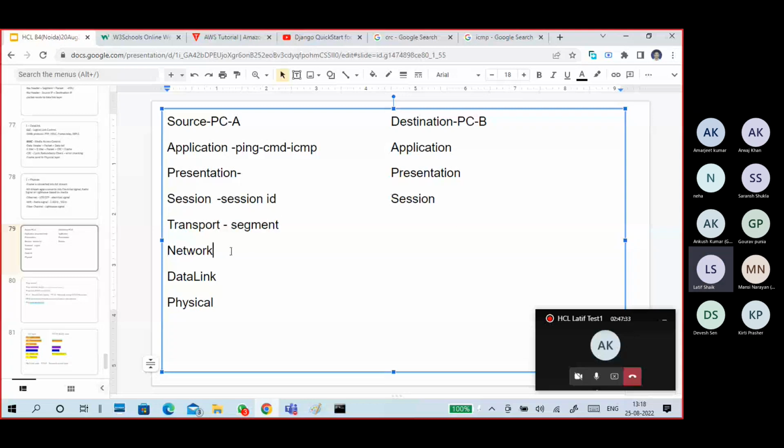Okay. So the network layer produces a packet. The packet contains the source IP address and destination IP address, and the segment becomes a packet. And here, it adds a source MAC address, destination MAC address, and CRC. That becomes a frame. In the frame, it mainly contains CRC,